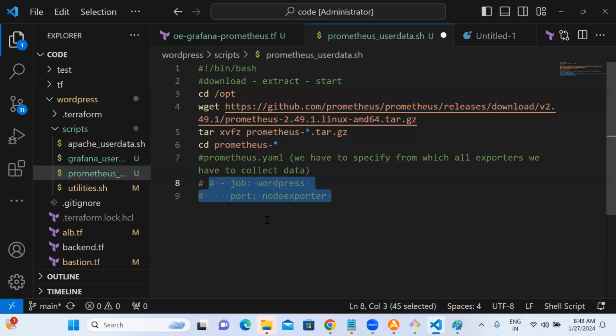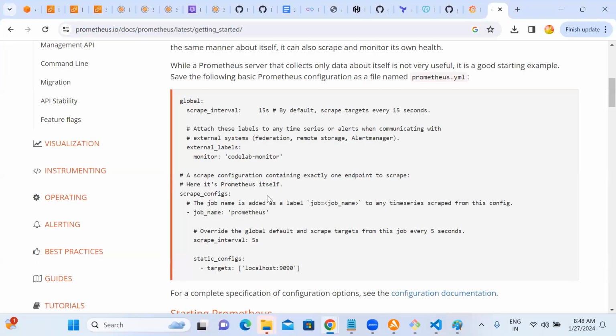So this prometheus.yaml, will it be available in that folder, or do we have to create it? No, it will be there, like a sample, right? Like wp-config, it will be there. We will modify that. But for now, to get the context, we'll make it manual. Whatever I do manually will be converted into automation. Use the data, or one more concept in Terraform that we will use. Okay. So this is our example.